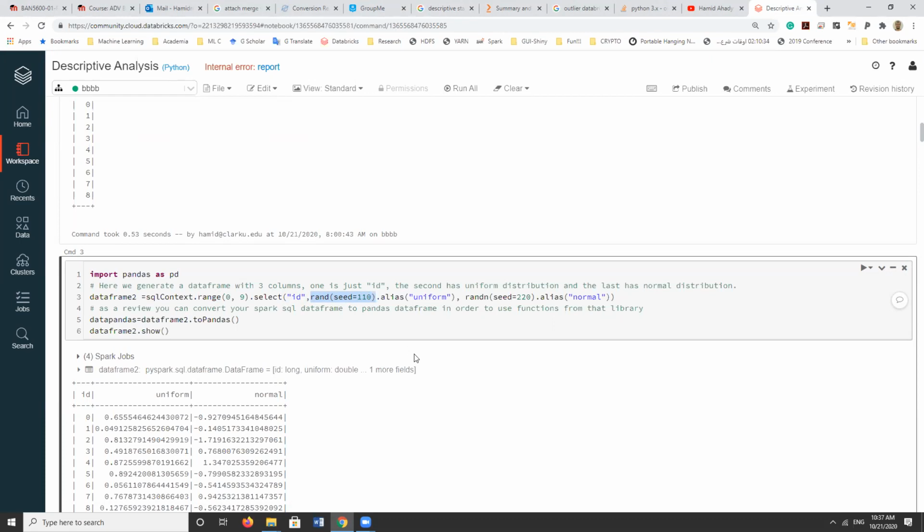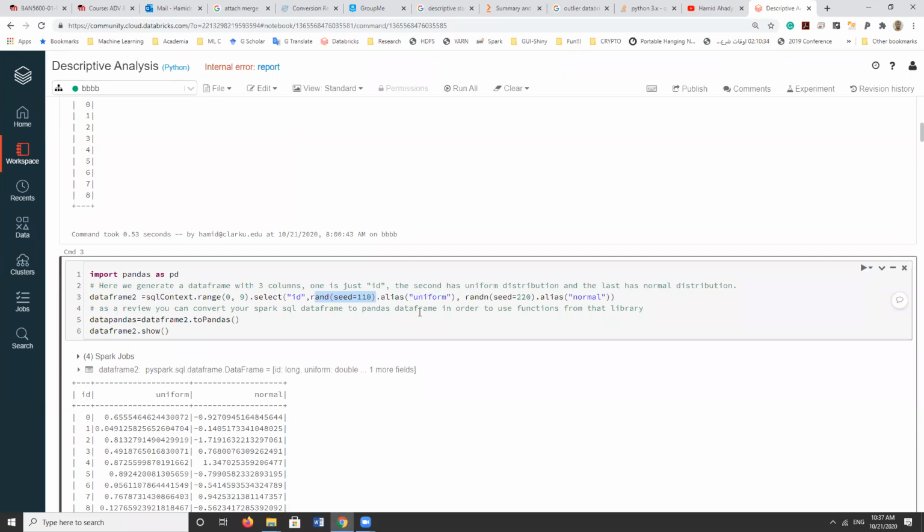By the way, if you forgot the uniform distribution and normal distribution, please Google it, it's very easy content from your statistics class. So I'm just saying create uniformly distributed numbers as a column,